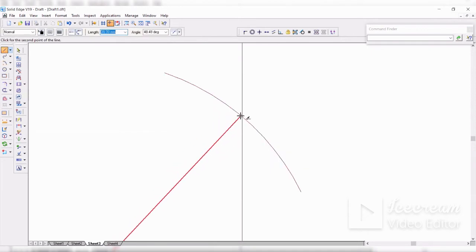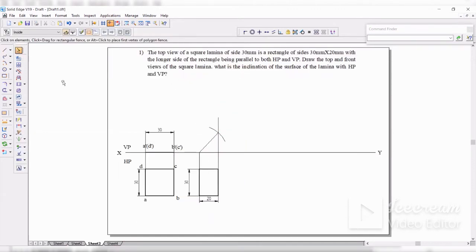Since I'm not getting it, I'll zoom in on the area. Yeah, like this, the intersection symbol. I got the intersection symbol now. Fit it back, select this, make it dark. Now if you don't want extra lines, you can trim them off, or else you can let them be as they are. Now let me get the angle of this. You can see here 48 degrees. So let me do the labeling now.